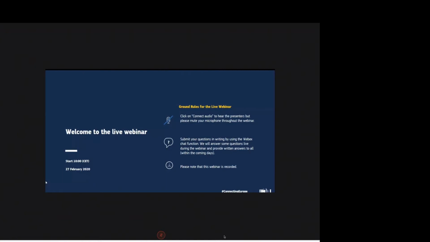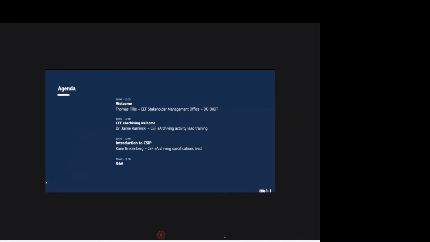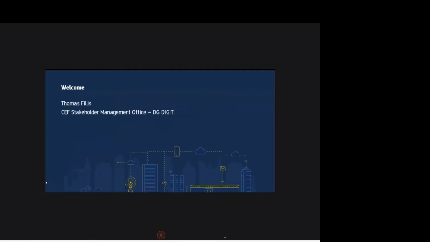Okay, so without any further ado, we can get started. So here we have today's agenda. I said I'm Tom, and I'm just going to very briefly give an overview of the program that we're discussing today, the CEF program, and specifically the CEF building blocks, of which eArchiving is one. We then have Jamie Kaminski, who is going to go through the trainings that are currently being offered around the eArchiving building block. And then we have the introduction to the CSIP by Karin Bredenberg. And then, as I said, we have approximately 20 minutes for Q&A. So assuming everything seems quite clear at the get-go,